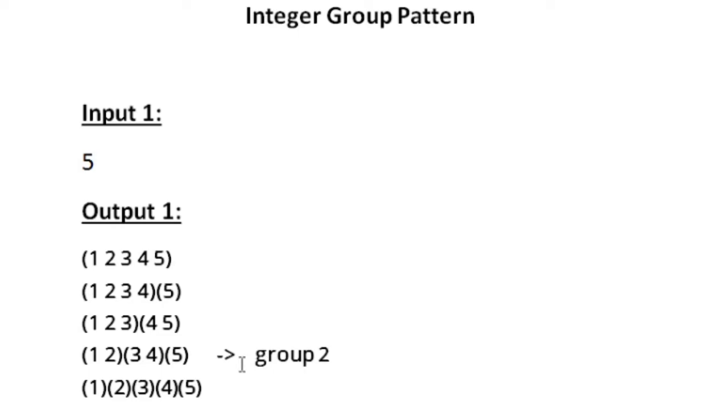So initially the value of j will be starting from 0. So if 0 mod 2 is equal to 0, then we will be printing open parenthesis. So the first open parenthesis will be printed, and the next printf will print j plus 1. So we will be printing the value 1, and then we will also print 2. And now for closing parenthesis we used the value of j plus 1. So when we print 2, the value of j will be equal to 1, and j plus 1 is divisible by 2. So we will be printing a closing parenthesis. So that is what we are doing in our program.